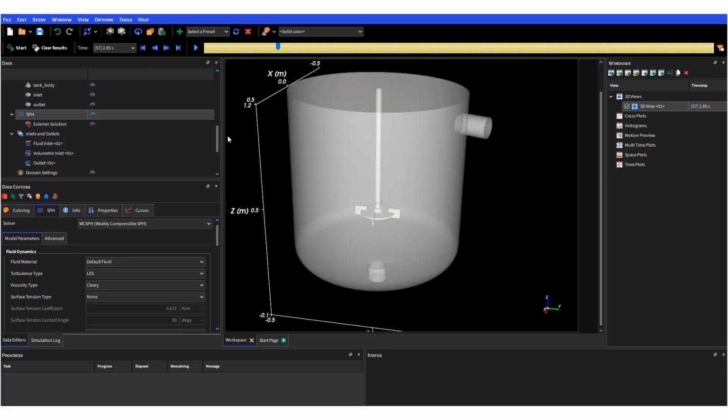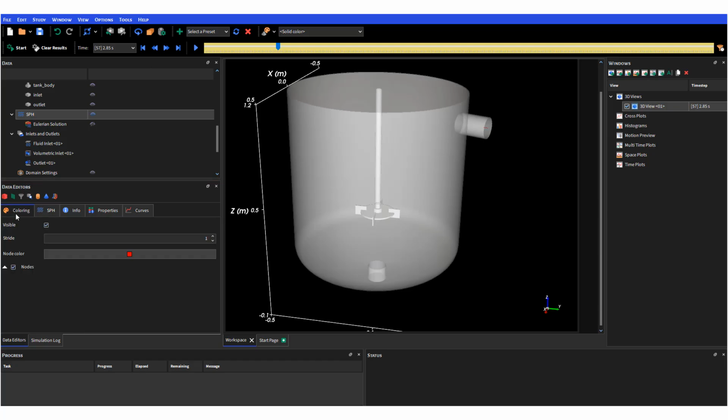And I also didn't mention anything about the coloring tab here for the data editor. So the coloring tab is going to basically define the color of your particles as they show up. And the stride also tells us how many particles you want to reveal in your plot. So 1 is basically you show them all. If you increase that to say 10, you're gonna have at least 1 in each 10 particles, and so on. So it's gonna actually make your animations faster